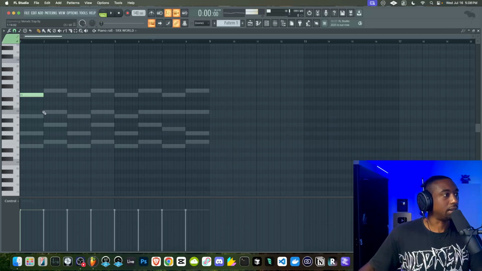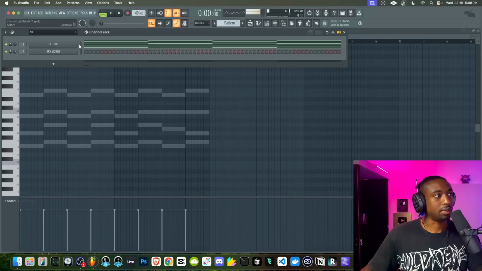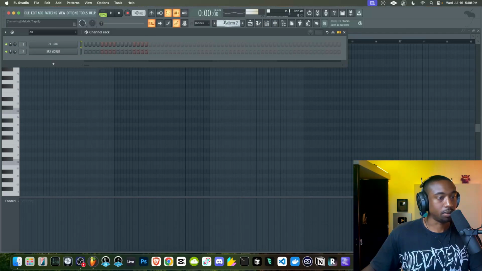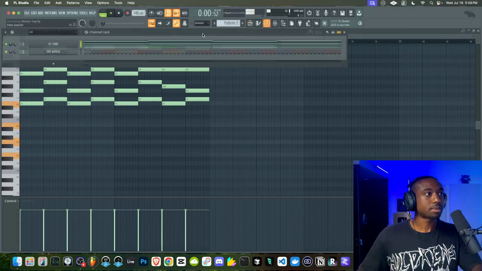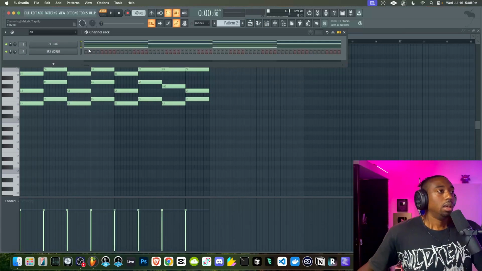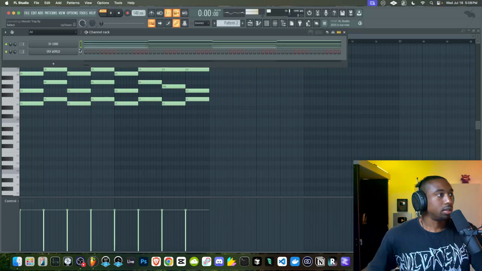Let's pull this up an octave. This is going to be a little tricky because I have to pull this up an octave. So let's copy the original chords over to pattern 2, paste it in, and then we're going to raise these up an octave, hit Control up. So the goal here is not to hear these chords, it's to use that as a guide.